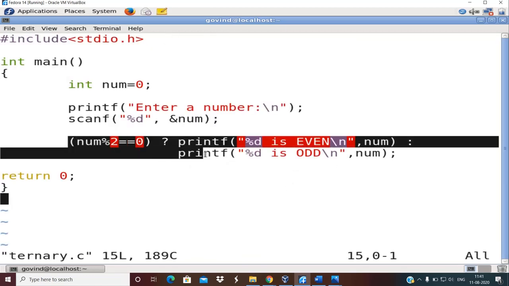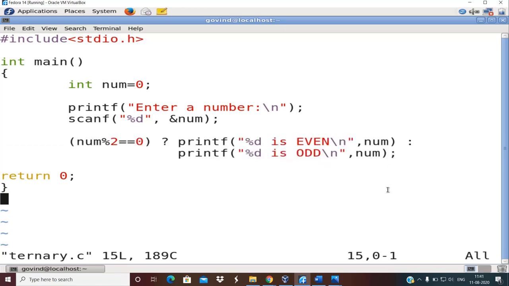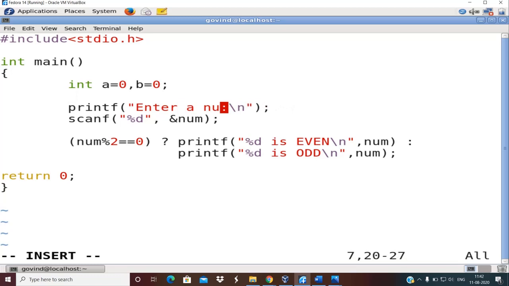Now I will modify this program. One more program that we can consider at this stage is checking whether a number is greater than the other, right? This problem definition was considered in the algorithm and flowchart session in the previous session. So I can write the program implementation easily just by using ternary operators. Now I will introduce two numbers, I'll call them a and b, and I should display which is greater. So now I will have to change the printf.